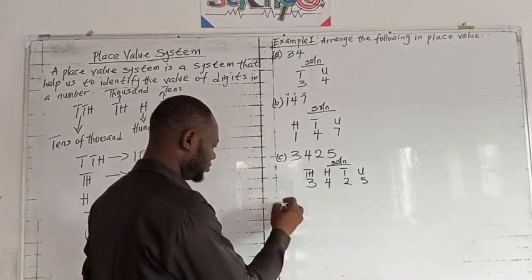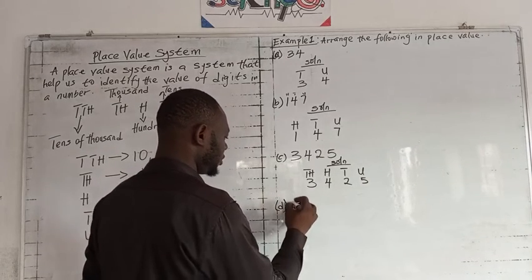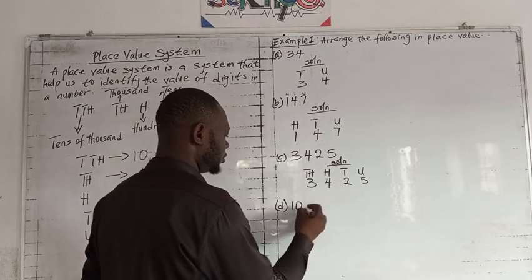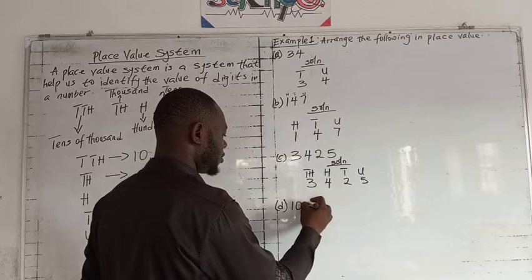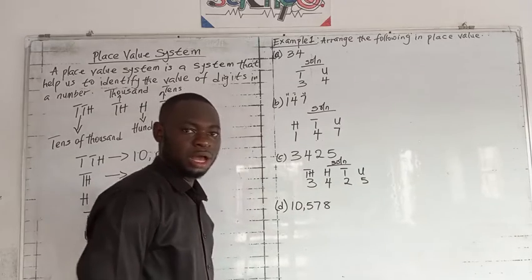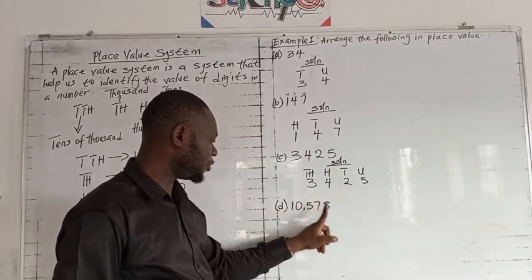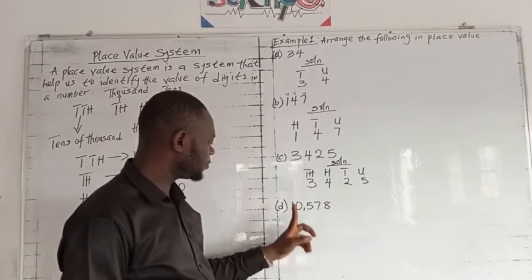Okay, let's look at this example D. Let's say here we have 10,578. How many digit numbers are here? 1, 2, 3, 4, 5. And this is pronounced